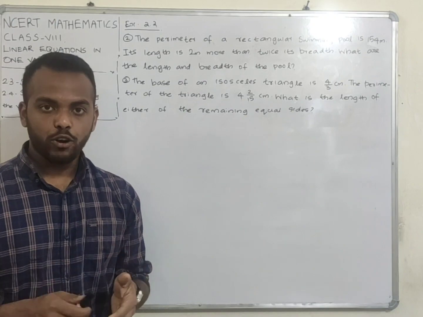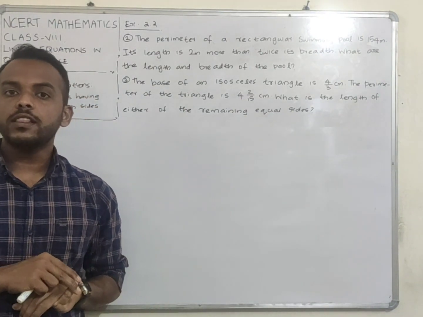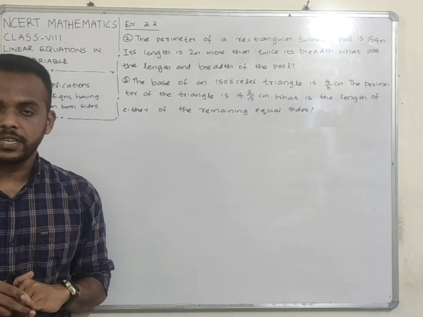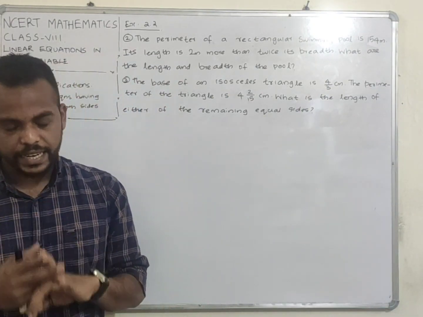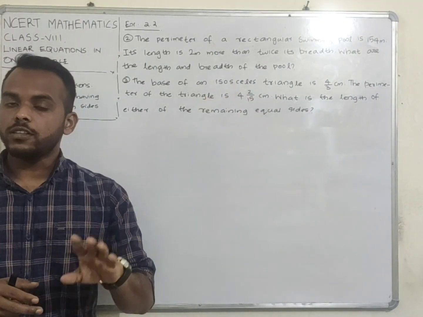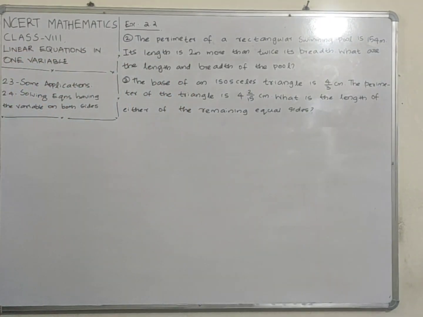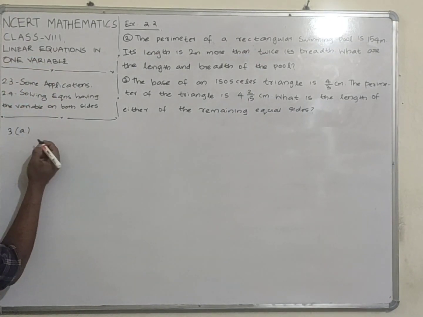I hope you know that there are 3 types of triangle based on the length of their sides. If all the sides of a triangle are different in length, then we call it a scalene triangle. And if 2 of the 3 sides in a triangle are equal, we call that an isosceles triangle. And if all the 3 sides of a triangle are equal, we call it by a name that's very familiar to you, I hope. That's called an equilateral triangle. Now try to solve the third question. Base of an isosceles triangle. So let's draw an isosceles triangle.